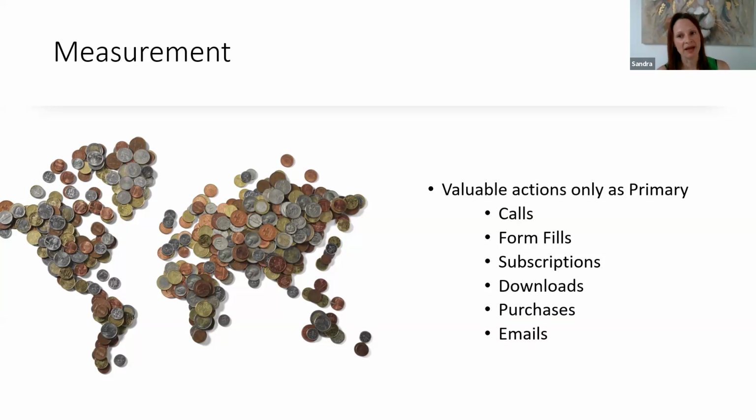But in terms of paid ads, you only want to track the things that are going to bring you the money in. So the calls, the form fills, the subscriptions, downloads, purchases, etc. Set them as primary goals in your account. Everything else you can set as secondary, so it'll still record it, but you're not going to be paying money to target the secondary goals.